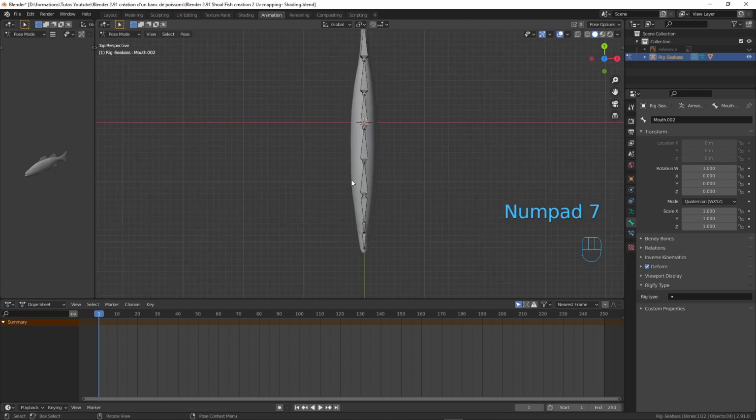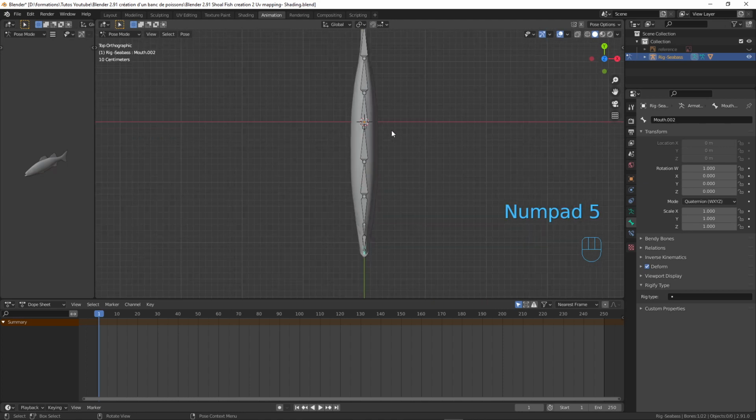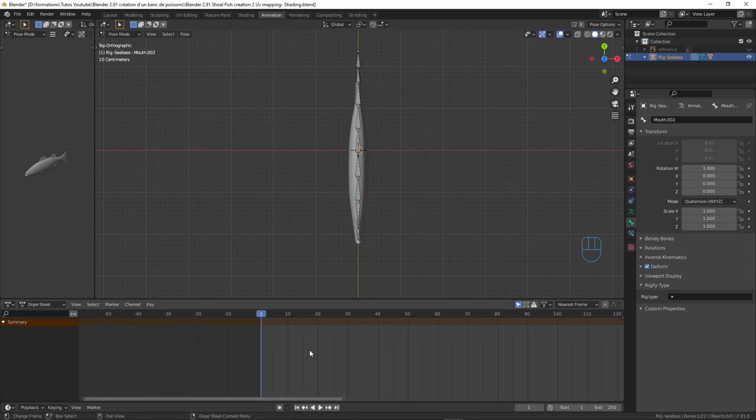So I will go to top view over there, not in perspective mode, but in orthographic mode. And I will just manage it like so. Here we will think about what our cycle will be. It will be a swim cycle, and it will take, let's say, 1 second for a swim cycle, or less than 1 second. So what we will do for that, we will just take 20 frames more or less,